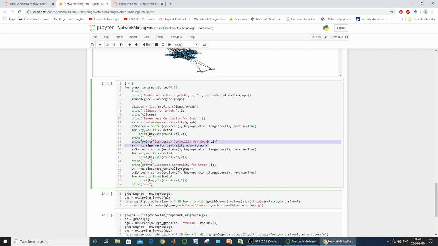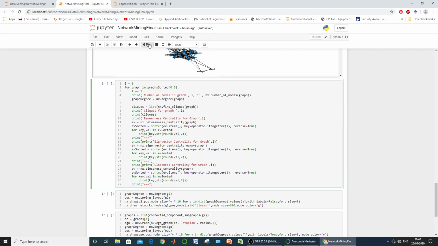Next one is your eigenvector centrality. Again the same thing. We found the eigenvector centrality and then sorted the nodes in decreasing order of their eigenvector centrality value. And the third one is your closeness centrality. Again the same thing. We found the closeness centrality, then sorted it, and then we printed it.